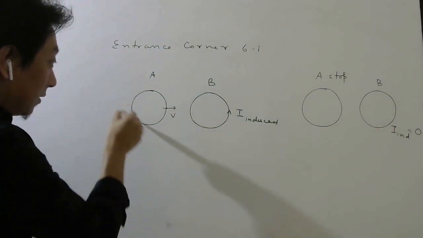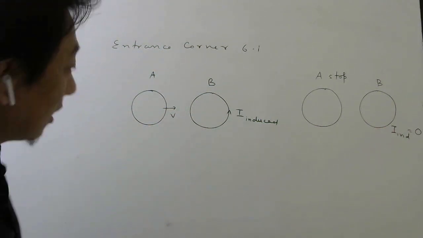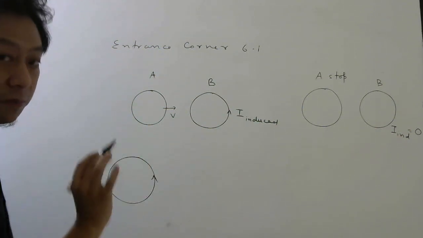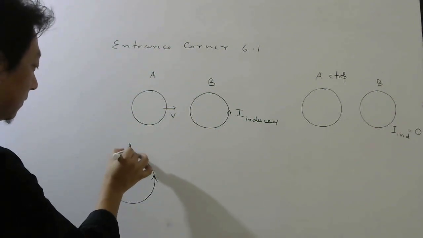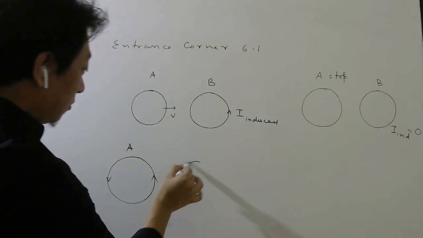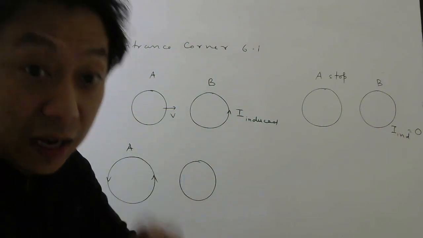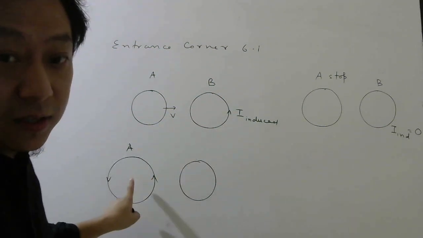But that current, in which way it flows, they are asking. So let us assume this way. Let us say current here is this way. This is the best way to solve. Okay, assume it is this way. This is anti-clockwise. Now try to find the direction of induced current here, because we can find the direction of induced current using Lenz's law. If it matches with this, then this is correct.